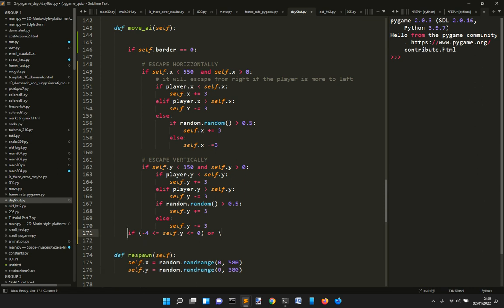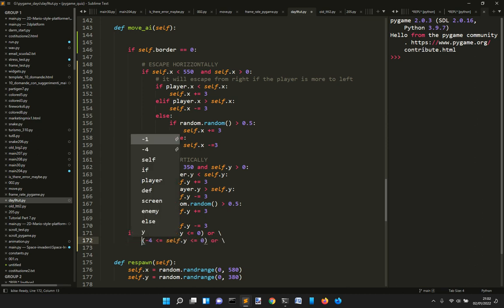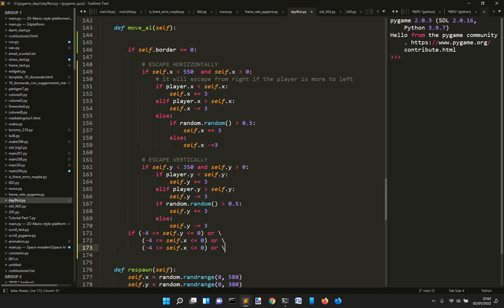So if it's among 0 and 4, and also the x can be at this point, or the x can be in this range here,